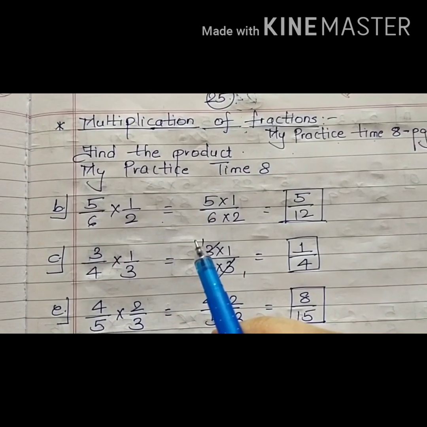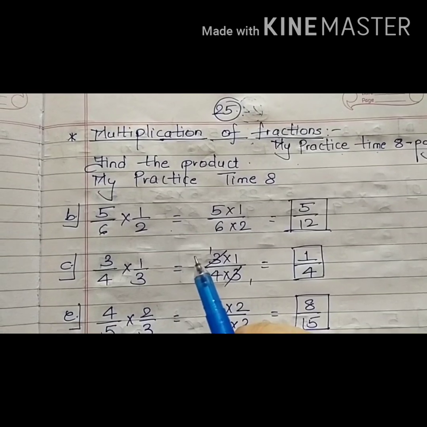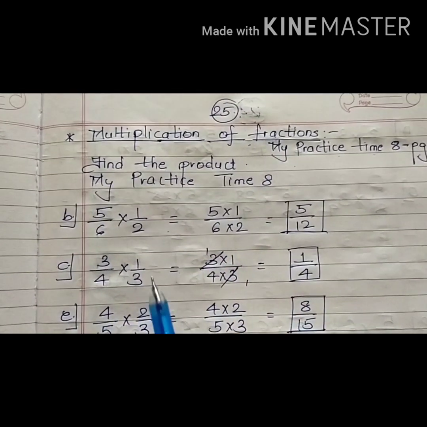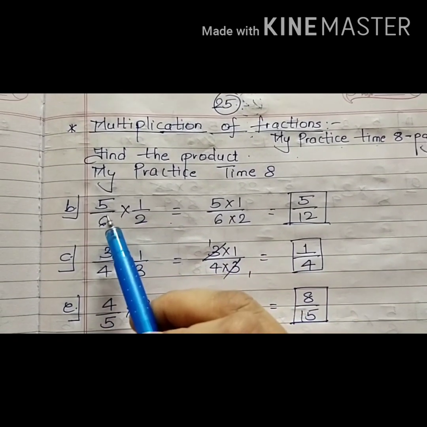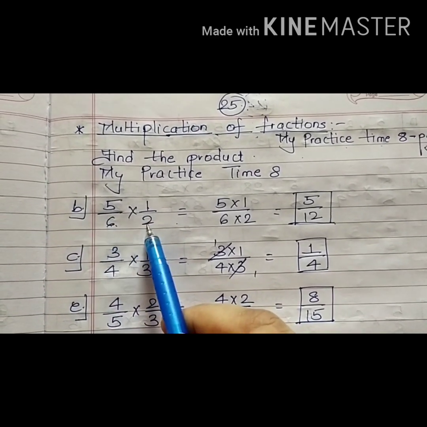Now children, as we have learned for addition and subtraction that when the denominators are not equal, we have to make it equal by finding the LCM. Please note, we do not have any such thing related to LCM in multiplication of fraction. What you have to do here is simply multiply the numerator and numerator, denominator with the denominator.